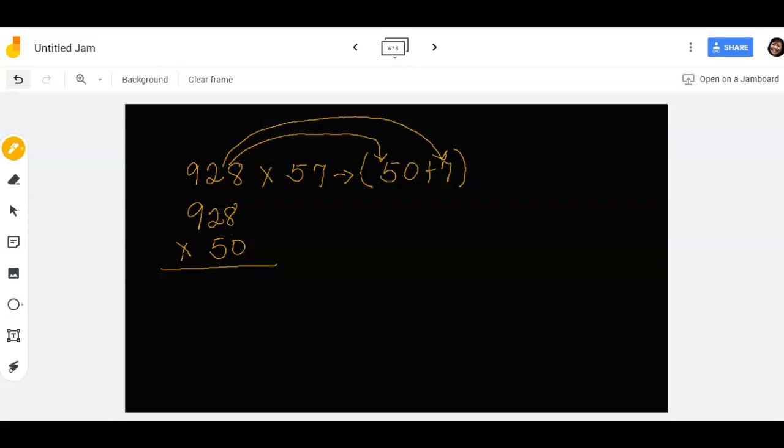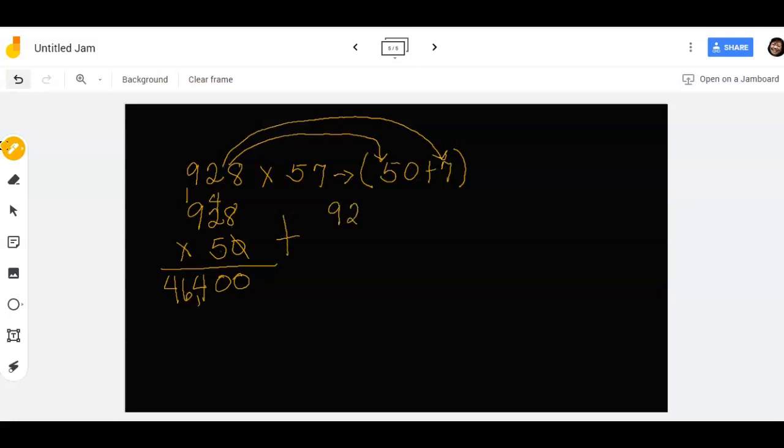In multiplying numbers that end with zeros, a shorter way is to cancel out the zero and write it down in your product. I canceled out the zero, so I have to write a zero in my product. And then I would multiply the rest. 5 times 8 is 40, so I would have 0 here, carry 4. 5 times 2 is 10, plus 4 is 14, I would write 4, carry 1. 5 times 9 is 45, plus 1 is 46. My first partial product is 46,400, plus